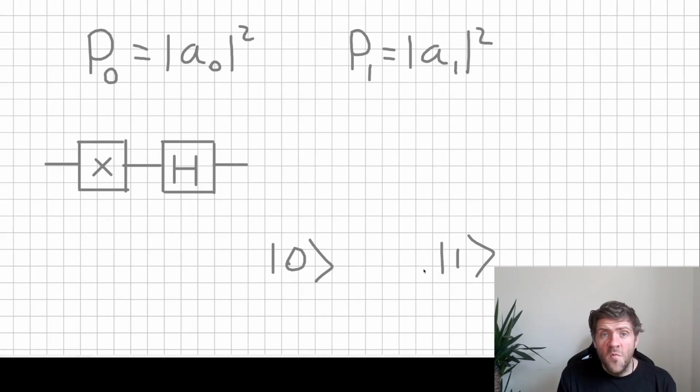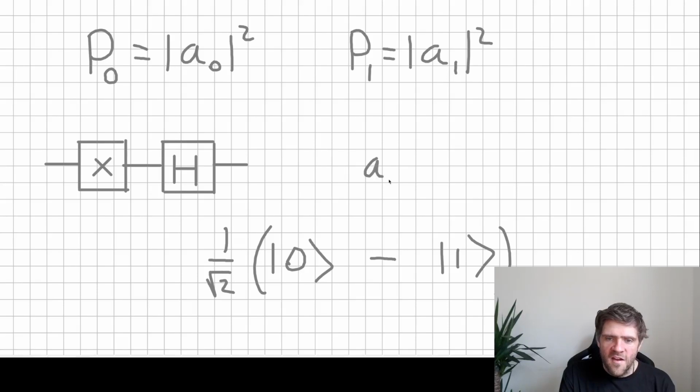However, if you were to do an X measurement, you would be certain to get a 1 as an output, which is the complete opposite of what you get for the plus state, where you're certain to get a 0 for an output. So we have to come up with a state which is, like the plus state, an equal superposition of 0 and 1, but it should also be orthogonal to the plus state. So the way we can do this is simply to put a minus in the middle here instead of a plus. So here the amplitude a0 equals 1 over root 2, which turns into the probability